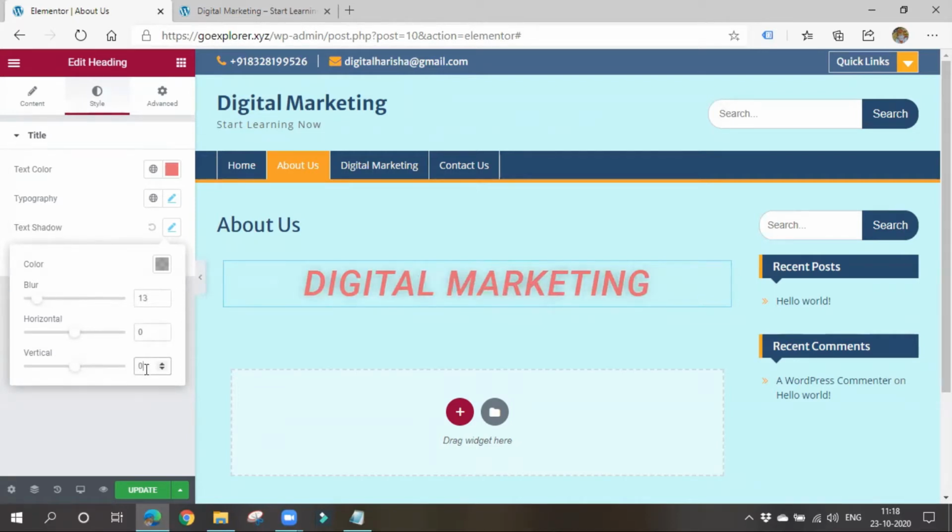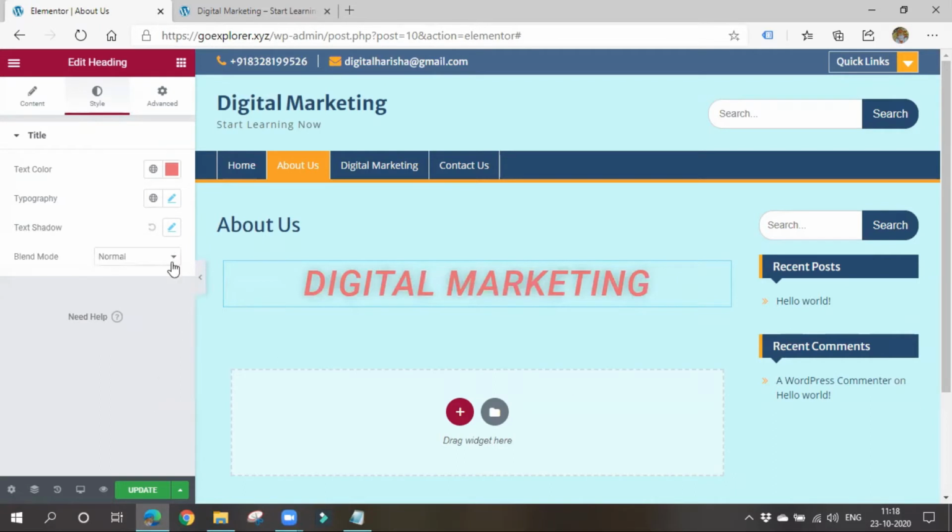Ma'am, yes, these can be applied only for a particular page. If you apply any changes, they will be reflected on the specific page only. It will not be applied to the entire website. Okay, ma'am. Thank you. It is helpful to design only a specific page if you want to make changes like that. Okay, you can use this Elementor and design multiple pages.